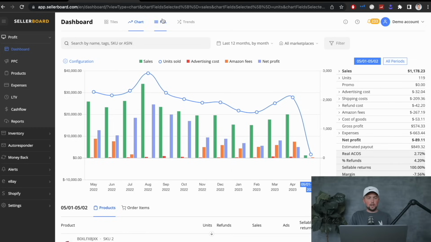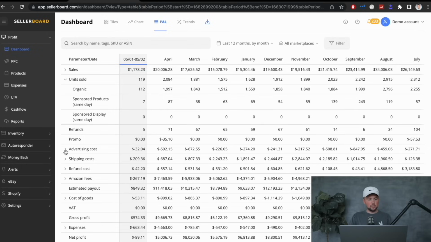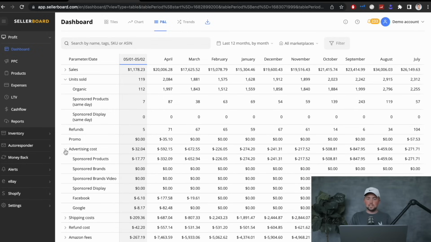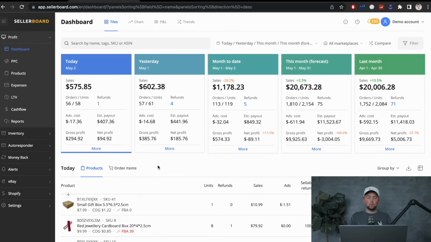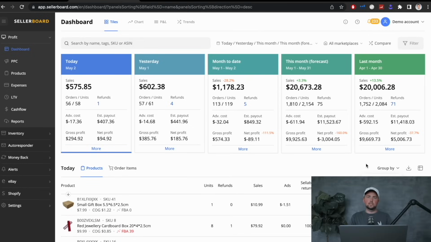Now, if we go back up here and look at the profit and loss section, this is your one-stop shop for everything financial analytics for your account. You can sort everything by month. You can look from the last 3 months by week, last 30 days by day. You can give it a custom range. These have drop-down menus so that you can get more information. And for those of you that work better in Excel or a CSV file, you can go up here and select this and download a CSV file. Before we move on, one thing to mention is that you can actually group the products or order tabs over here by ASIN, parent, marketplace, brand, or channel, just to give you more organizational options.